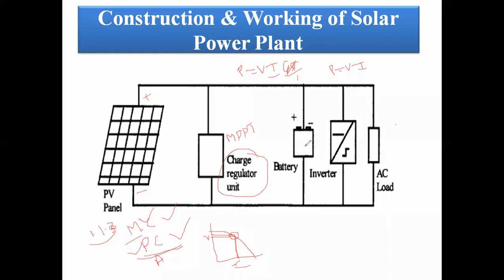Here the batteries used are lead acid, nickel iron, nickel cadmium, and so on. The available energy is DC, but we require AC energy, so with the help of an inverter we convert DC into AC, which is then used for the load appliances. If it is a DC load, the output of the battery is directly connected to the load.